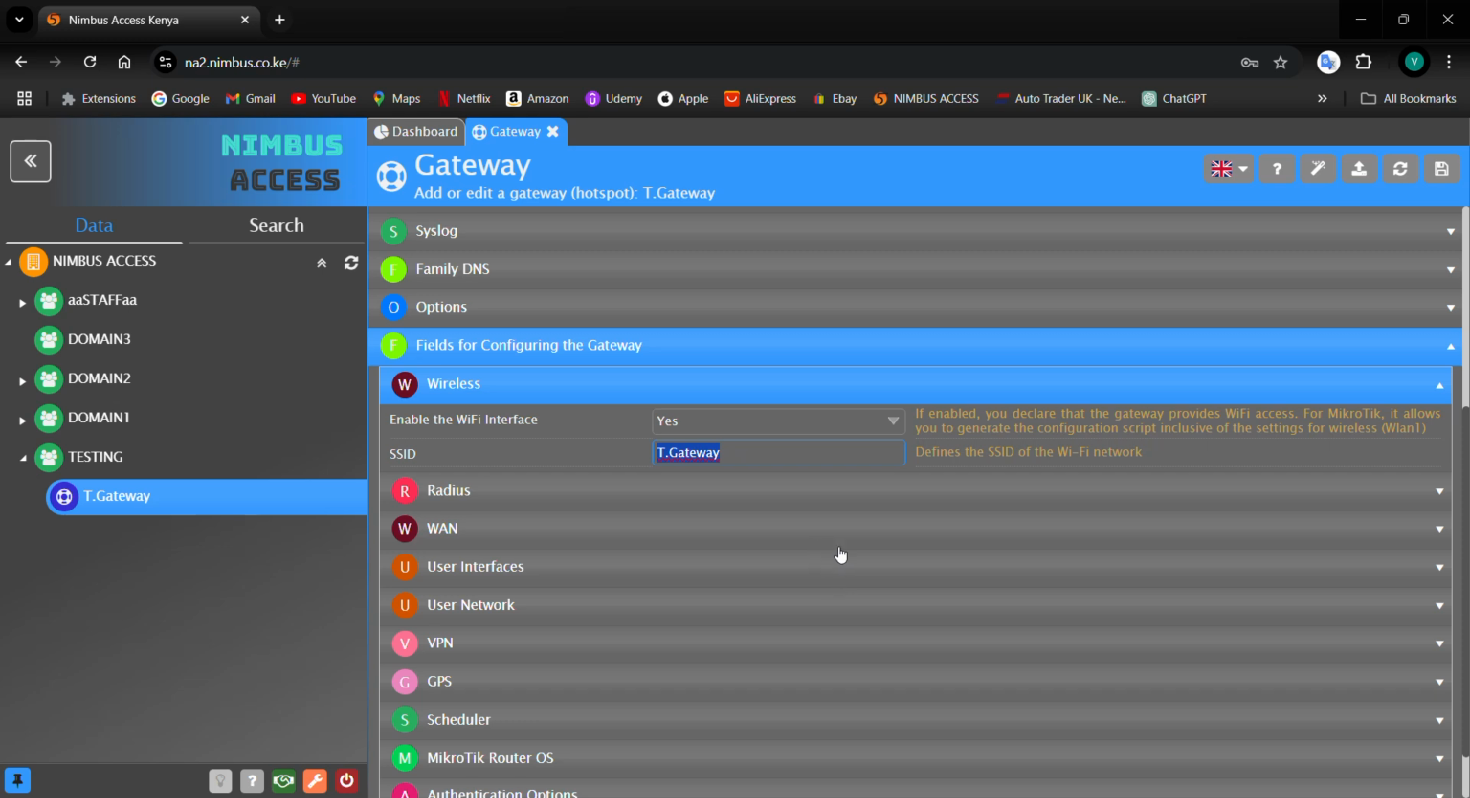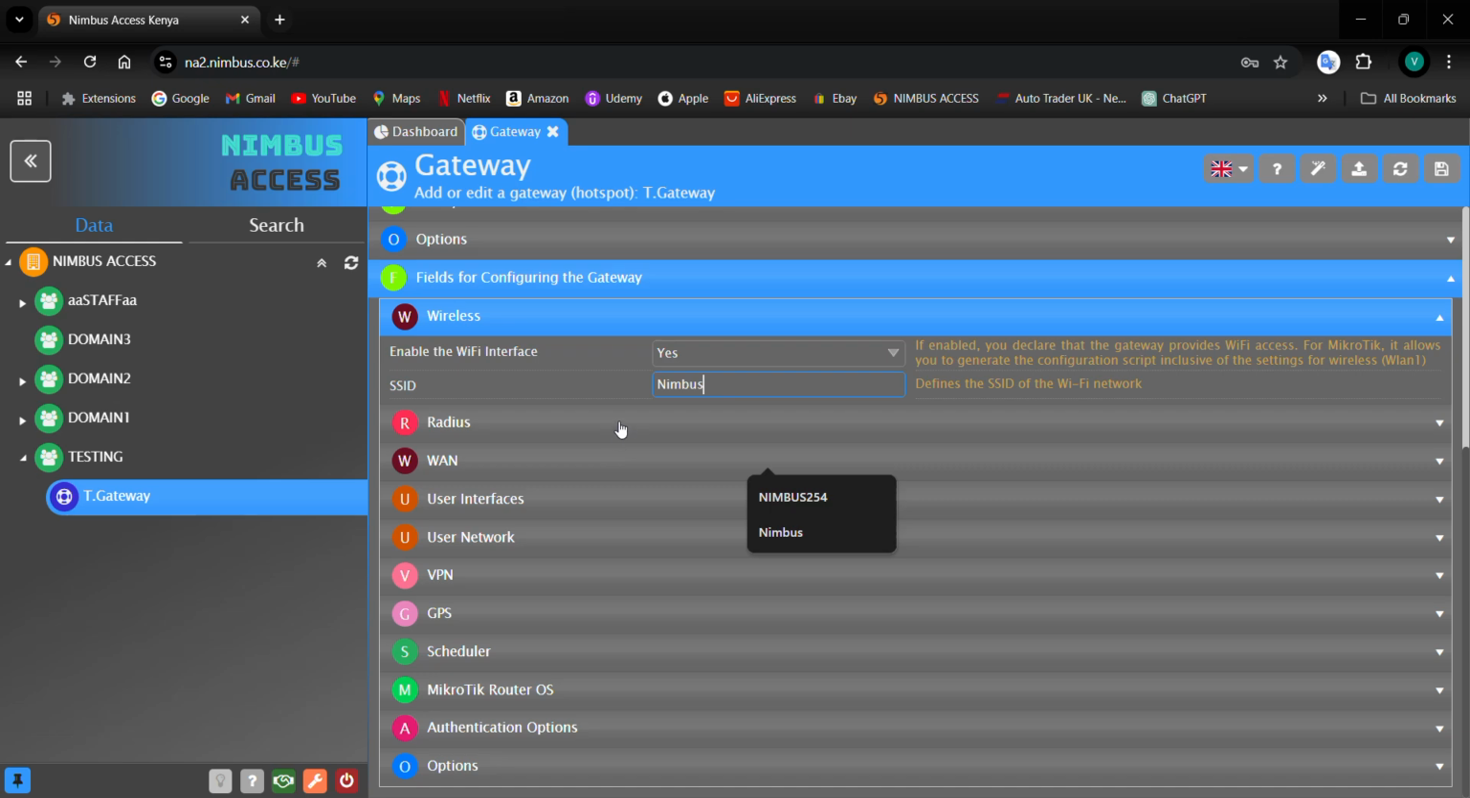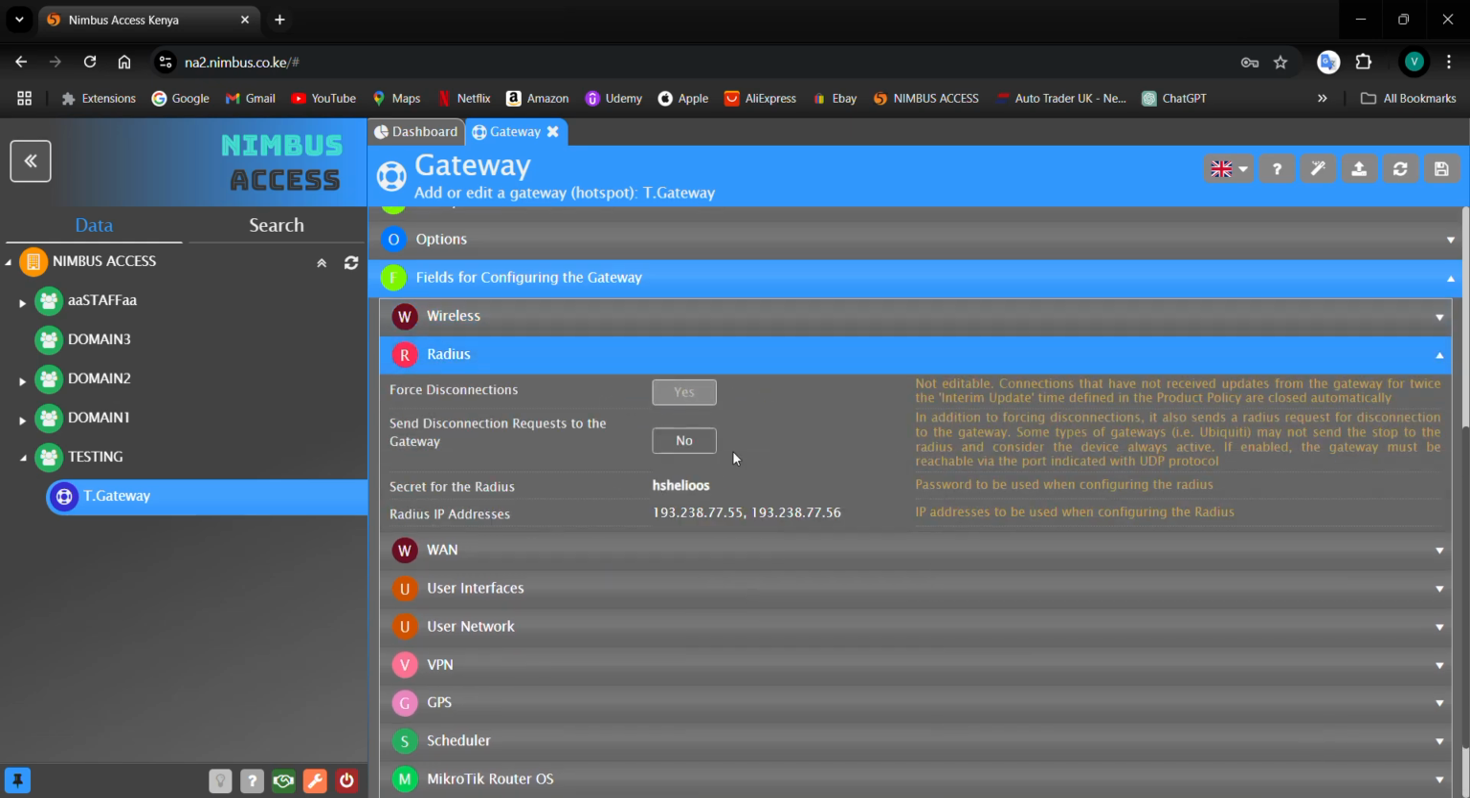So for this test, let me change this so you can see if it works. So here you put, let me put Nimbus. So here's the name. So after you configure, the SSID should have changed from T gateway to Nimbus. So the next thing, you come, the radius has already been set,